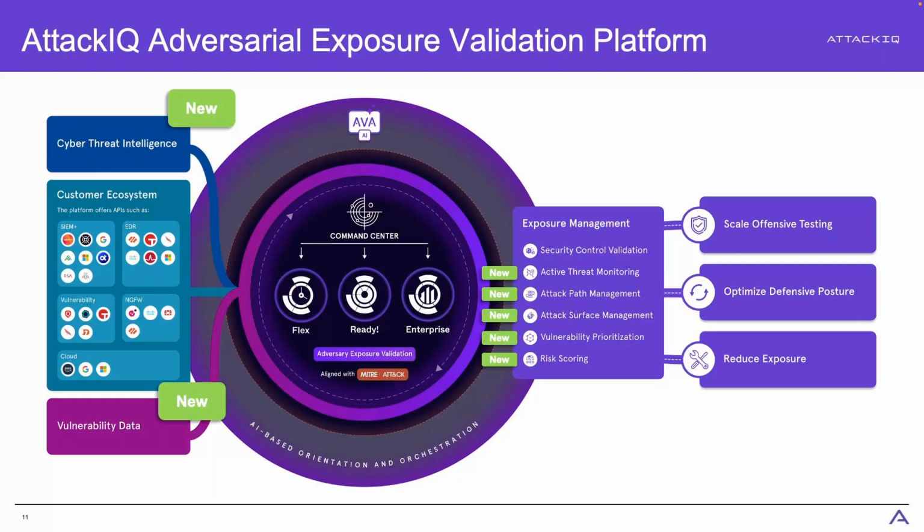Yeah, we got a question from Rich. He asked what we mean by agentic AI here and what is the role of this capability in the AEV platform. Sure. So what we're doing with a lot of this agentic AI, and you see this right here in the middle, this AVA AI portion, a lot of what we're doing here is we are dynamically selecting content based off of the things that we're pulling in. So the cyber threat intelligence that we're pulling in, as well as the